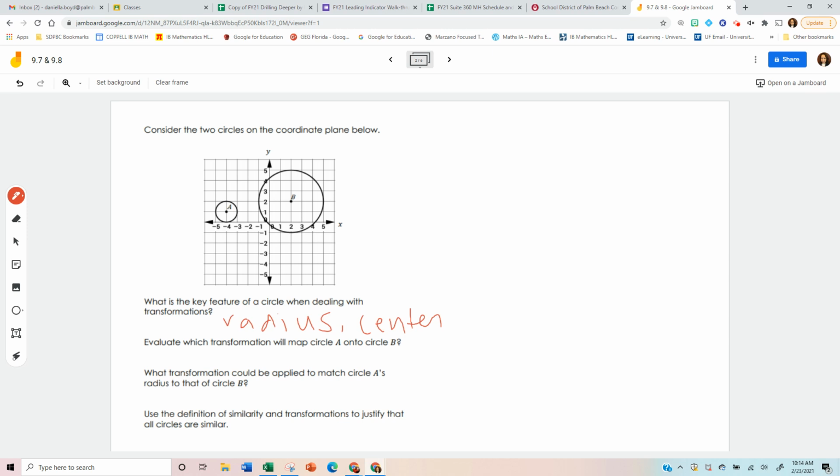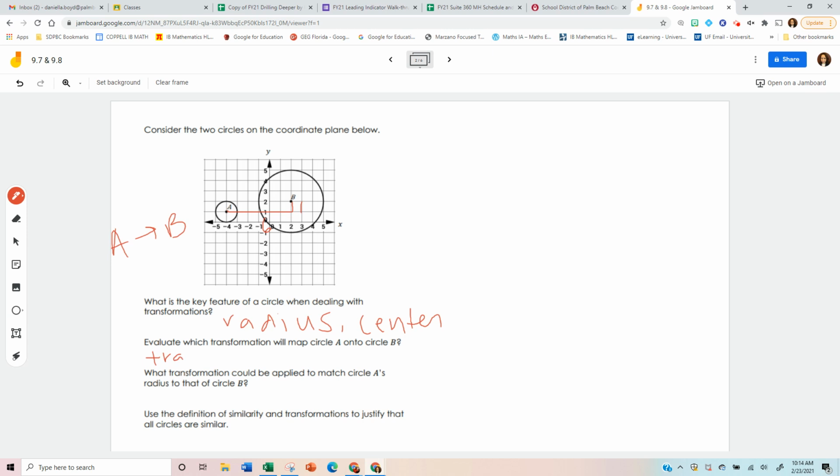So we want to go from A to B. So when we describe the transformations, we're saying what happens to go from A to B. Okay, so the first thing that you should notice is that the circle center is shifting places. It looks like that's going to be a translation. So it looks like it goes over and up. Okay, and we need to figure out what over and up that's going to be. So it looks like we go over 6, right? This is over 6 and up 1. So a translation,